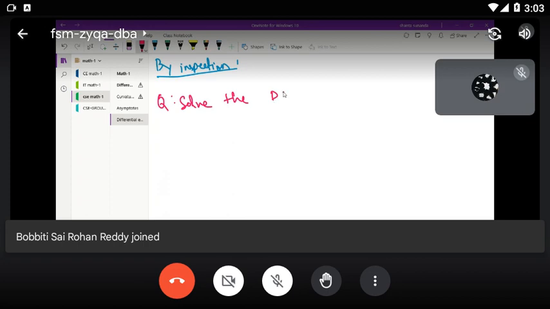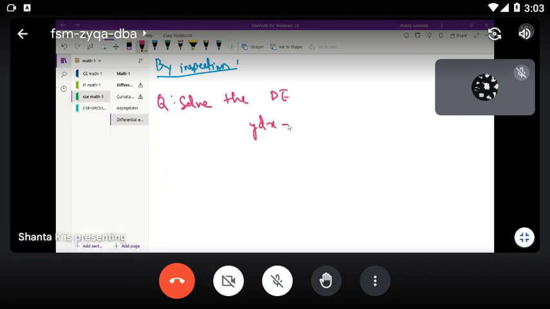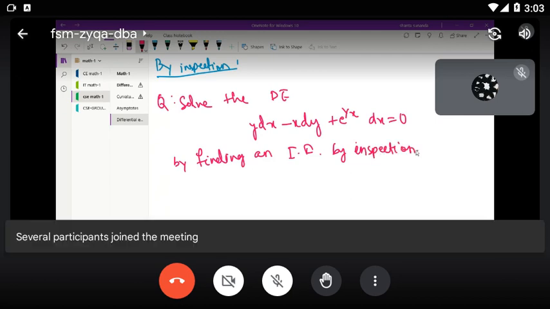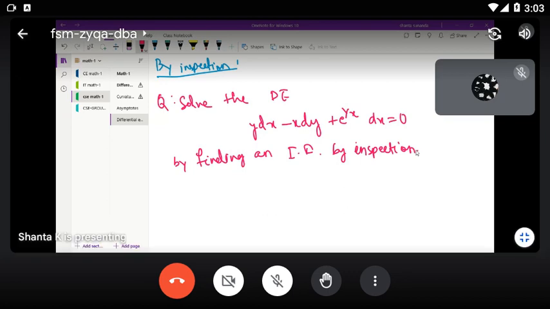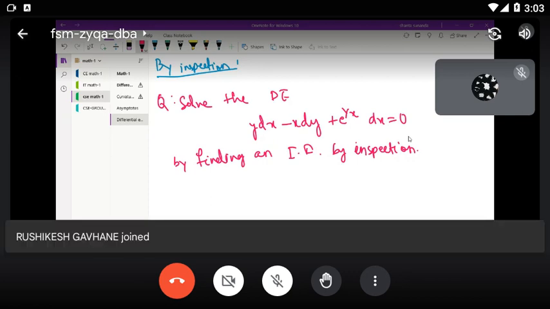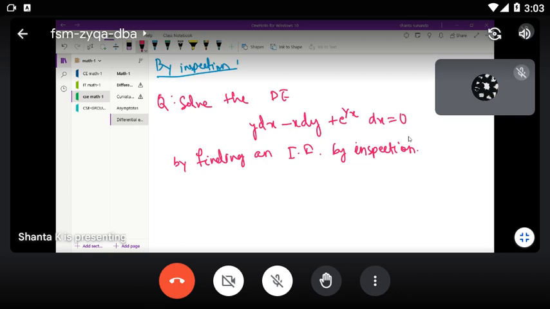Solve the differential equation, minus x dy plus e power 1 by x dx equals 0, by finding an integrating factor. So what can you say by looking at this equation, what can you think of